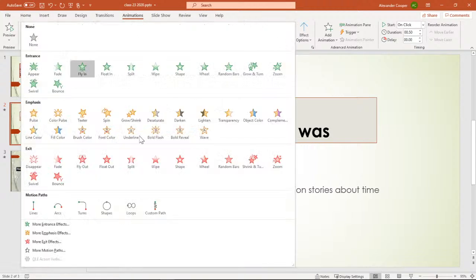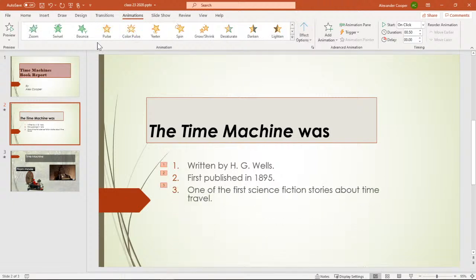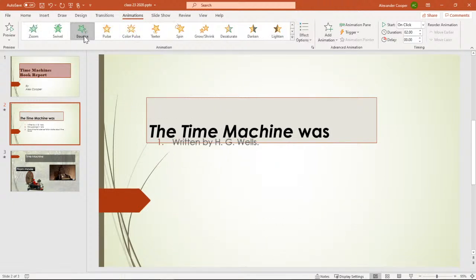So there's a lot of options on here, and there's even ways that you can make lines that the graphics will move a certain way if you need them to. I can see where you build some kind of chart and you make a shape drawing and make the shape go up the chart like it's a bar chart or something. There's also exits as well. I'll just choose fly in, as one that I use a lot. Bounce is one too.